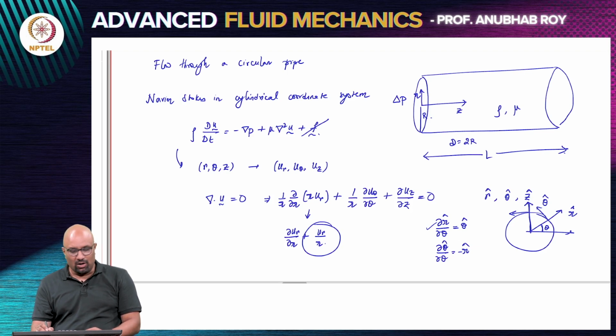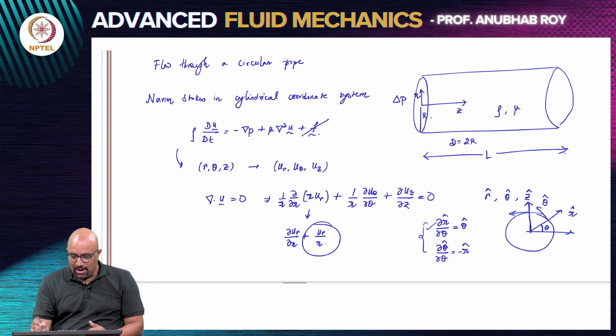direction. So, obviously, ∂r of r cap, ∂r of θ cap, ∂r of z cap will be 0, ∂z of everything will be 0, and obviously the z cap unit vector is not changing direction, it remains along the same direction. But the radial and the azimuthal unit vectors are a function of θ. Now, this is what leads to you getting additional terms when you start doing this vector operation, because you have